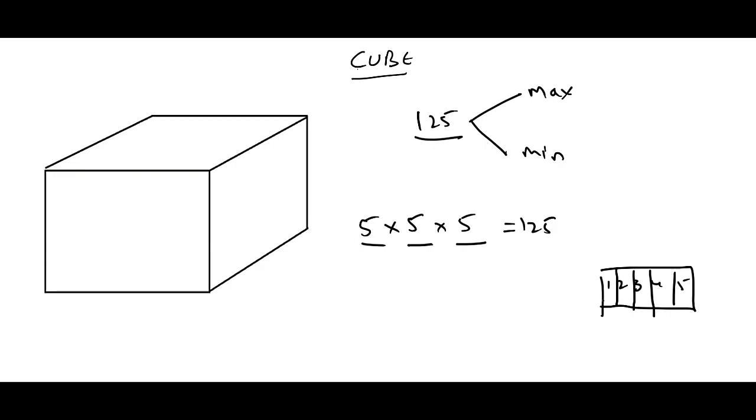Now here, the relation between pieces and cuts is of 1. To make 2 pieces I have to make 1 cut, so the difference is 1. From cut to pieces you have to make +1, and from pieces to cut you have to go -1. So here we have to make 5 pieces, so the number of cuts will be 4. Again 5 pieces, number of cuts will be 4, and again 5 pieces, number of cuts will be 4. So the total number of cuts I have made in all 3 directions is 12.